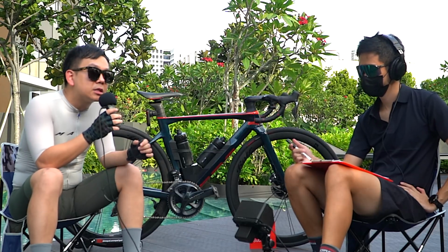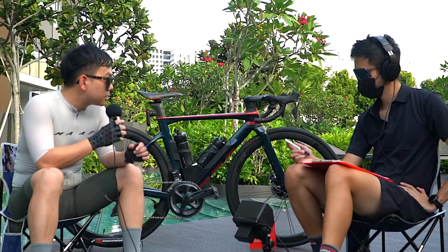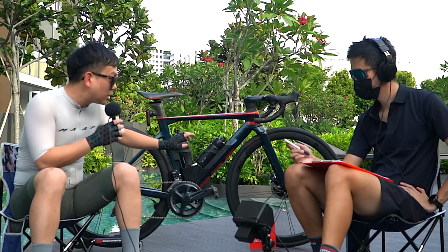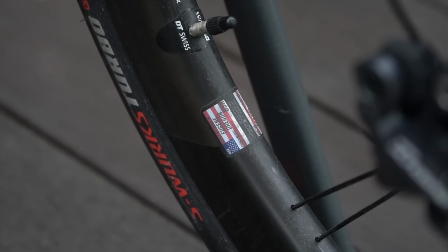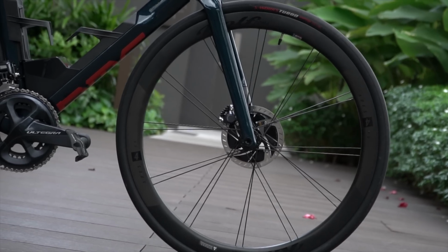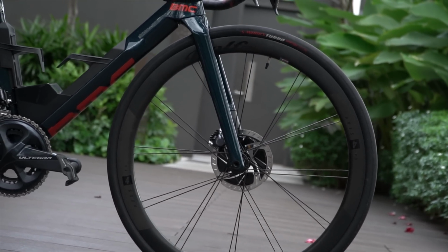One of the main reasons I kept this set of Rolf Aries 4 wheels is because I find it very interesting, because the spokes, if you notice, are actually patented by Rolf. Rolf is handmade in Eugene, Oregon, US, and they patent the twin spoke. So how this twin spoke works, according to them, is that